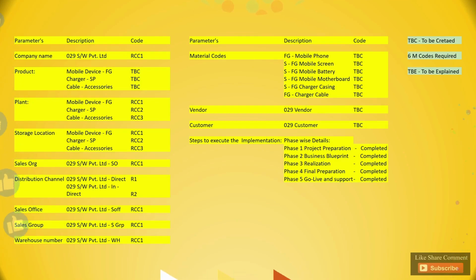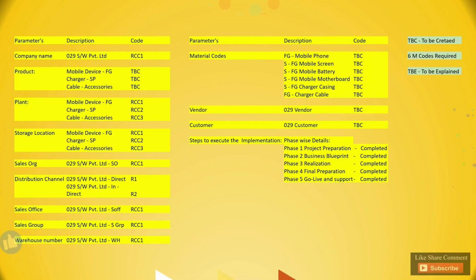To execute the SAP implementation, there are few phases, phase 1, phase 2, phase 3, phase 4 and 5, which we have already completed in one of my previous video. I'll give that video link in my description. Please visit that video to understand these different phases. Currently, the approach which is being followed for SAP implementation is SAP Activate methodology. I have also given the comparison of ASAP methodology versus SAP Activate methodology for your quick reference. You can also use that video for your interview preparation.